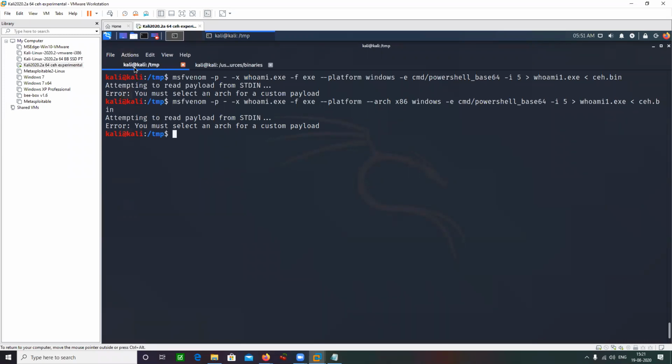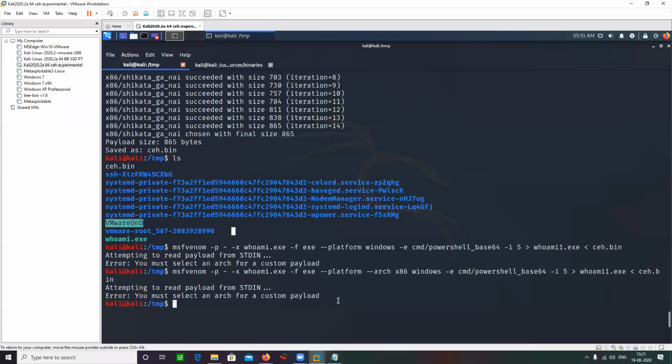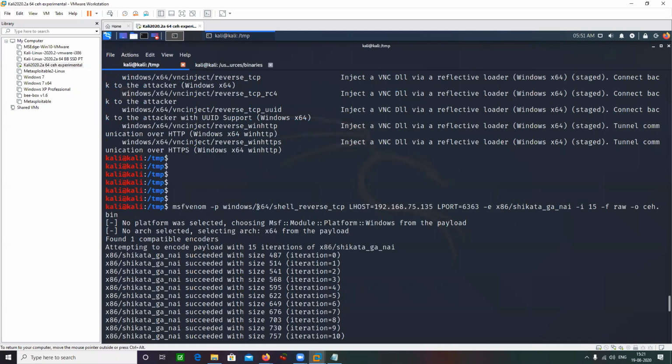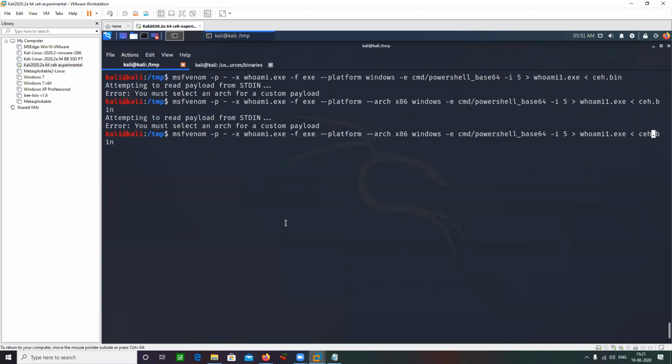You must select an architecture for a custom payload. Right, I'm selecting the architecture. Okay, the payload that I used was a 64-bit payload. Let me just change the architecture to 64.